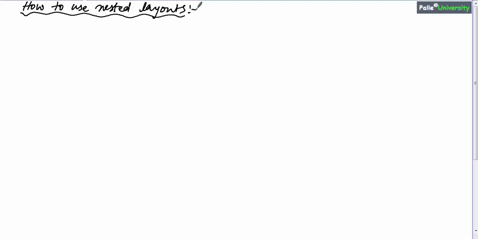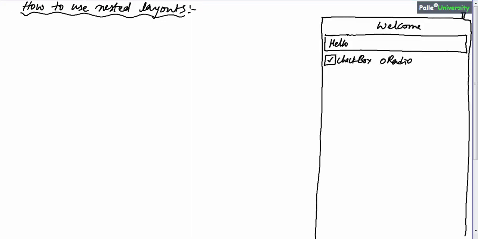In this session, I am going to discuss how to use nested layouts, that is, a layout within another layout. Since we know linear layout, I will show you how to use horizontal linear layout in vertical linear layout by taking one example. Now consider this screen design where I have one text view, below that there is a button, and below that